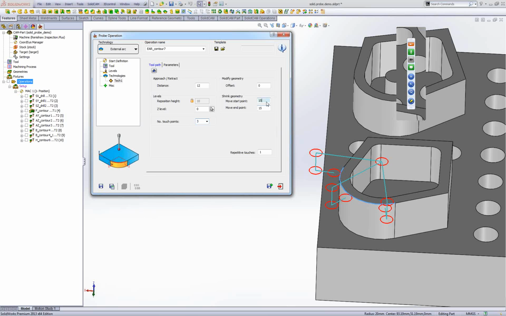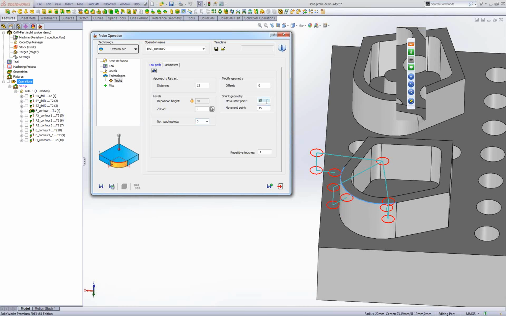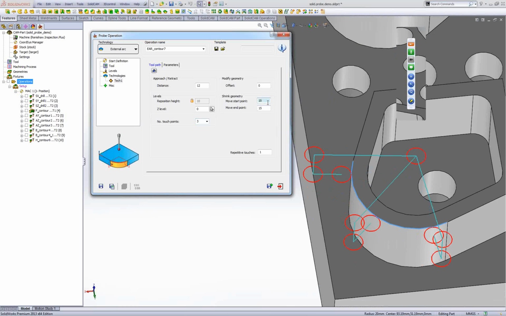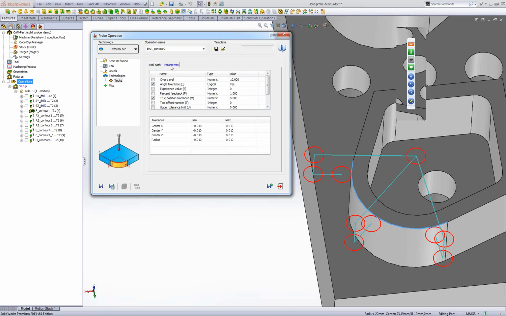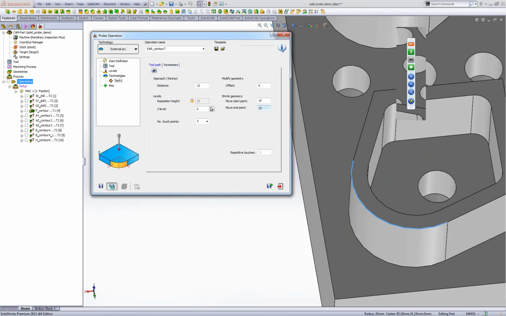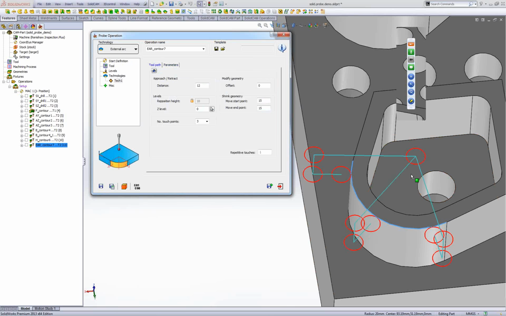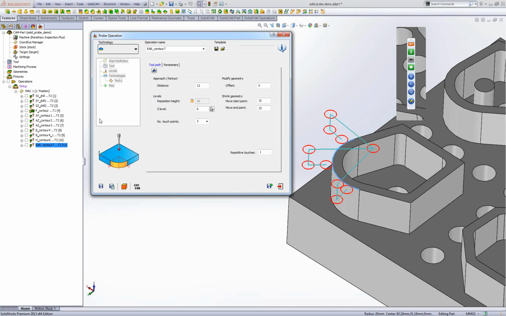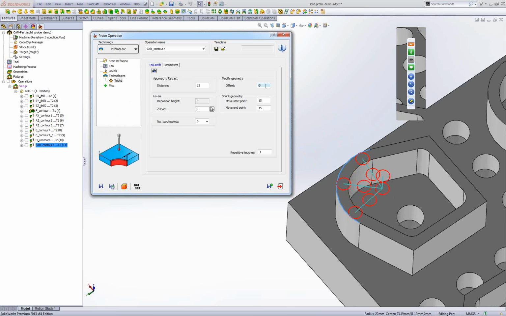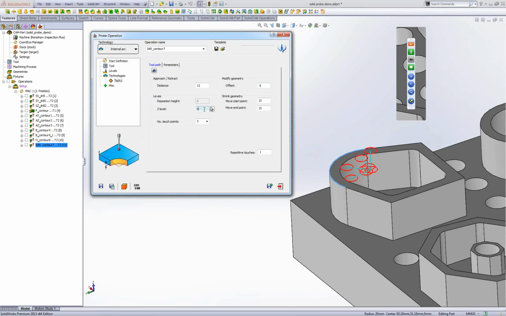Start and end point can be trimmed by an angle. Parameters in all operations can be used. Save and calculate. The same for internal. I am working from inside. Use the offset and